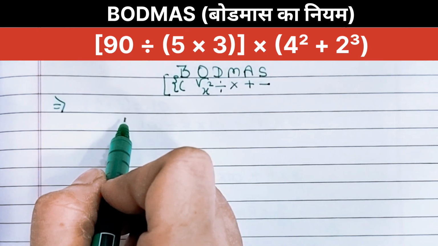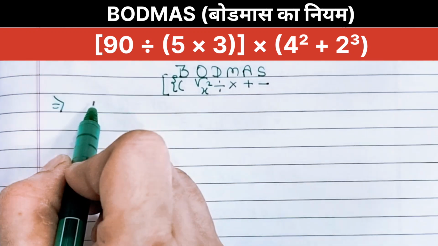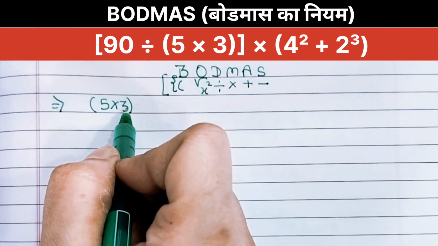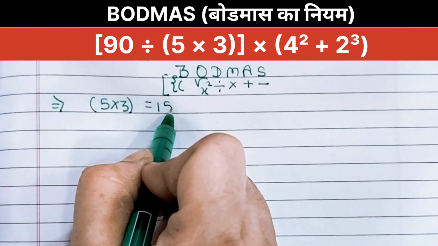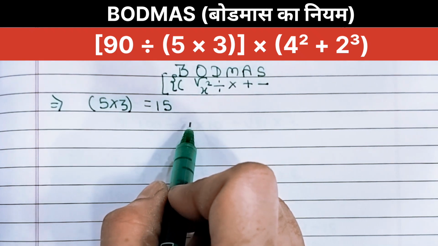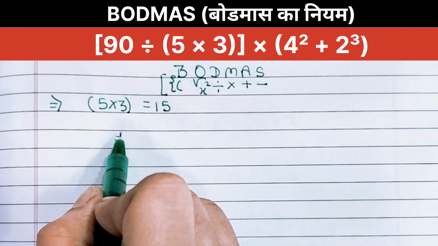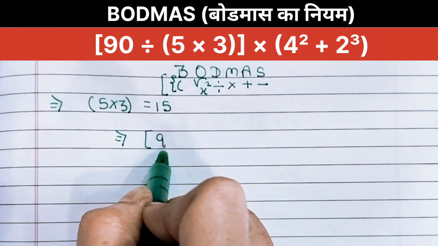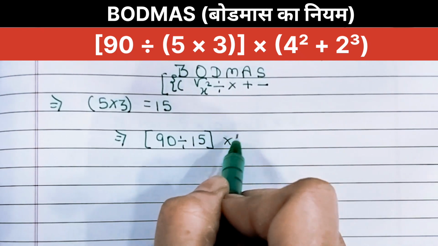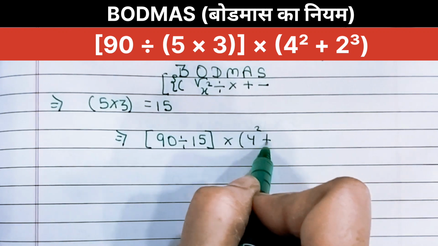First step says solve the innermost parenthesis, calculate. There is 5 multiply by 3 inside the square bracket, it gives you 15 as a result. And according to this step, BODMAS requires solving the innermost bracket first. So now the current expression becomes square bracket 90 divided by 15 square bracket of multiply 4 power square plus